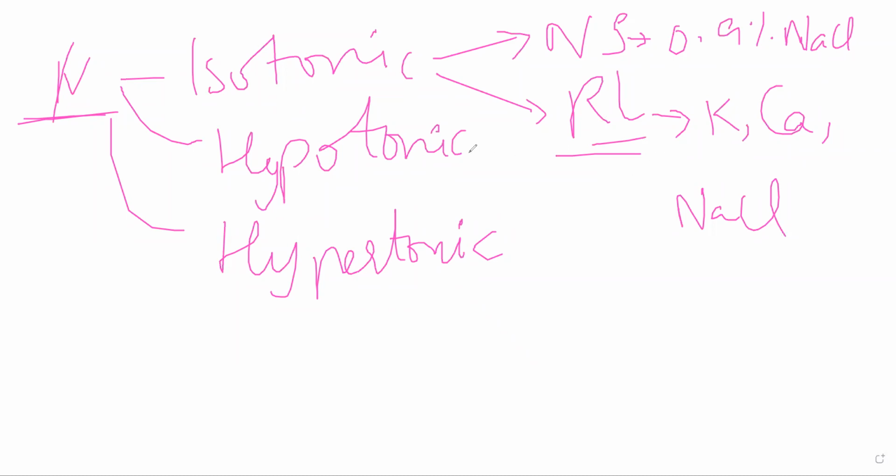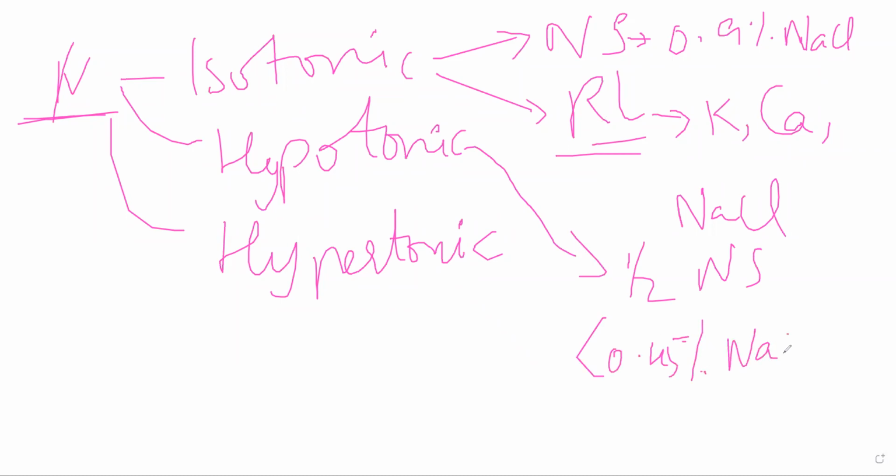Then coming to hypotonic solution, hypotonic solutions में generally half NS देते. So what is half NS? Essentially it is 0.45% of sodium chloride. When do you give this? Let us suppose you want to dilute the patient's blood, or you want to dilute a patient's body fluids. ठीक है, hypernatremia हो गया patient को, if there is excessively high amounts of sodium in the patient's blood, hyperosmolar conditions, in those conditions you will give this.